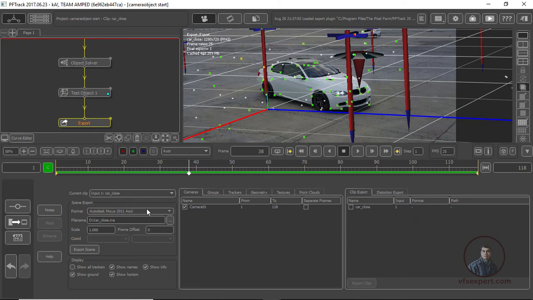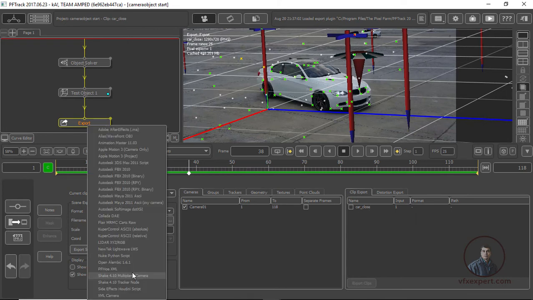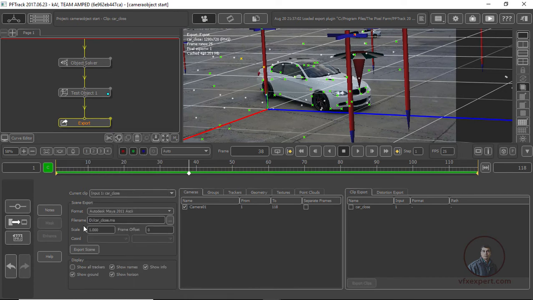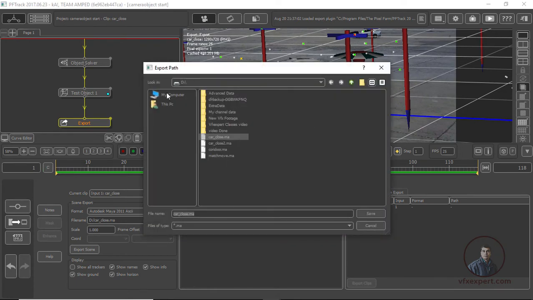Downside you will see different options. So in format, first select Maya, then I am selecting this option, Autodesk Maya 2011 ASCII. Now in file name, you can select the folder where you want to place your MA files, then simply click and select your folder.